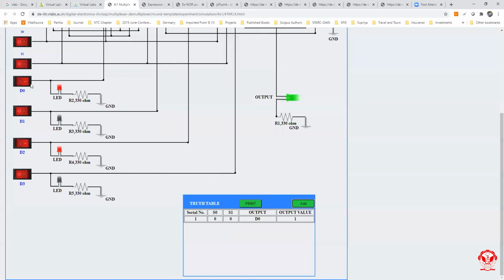That is, this output will be connected to this input, which will be connected to our output, and the output value will be 1 because we have already given logic 1 to our input D0. Okay, now let us make our select lines 1 and 0. Just add this to our truth table, and from the truth table we can see